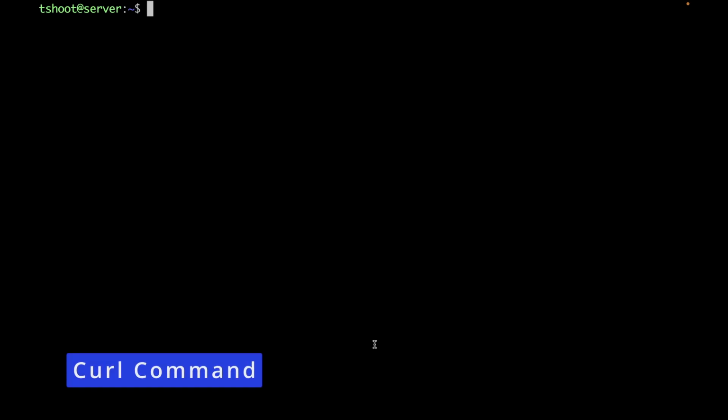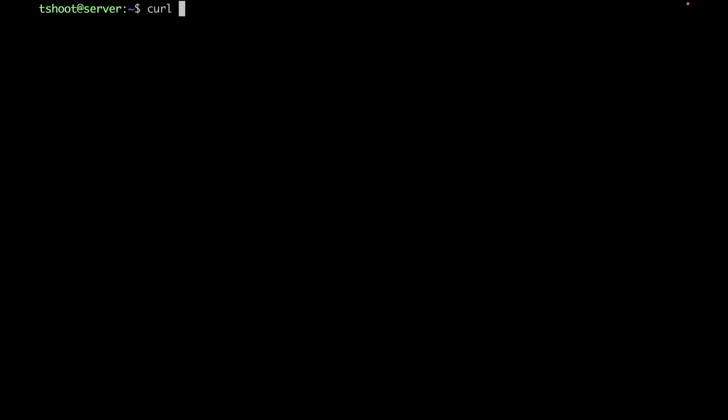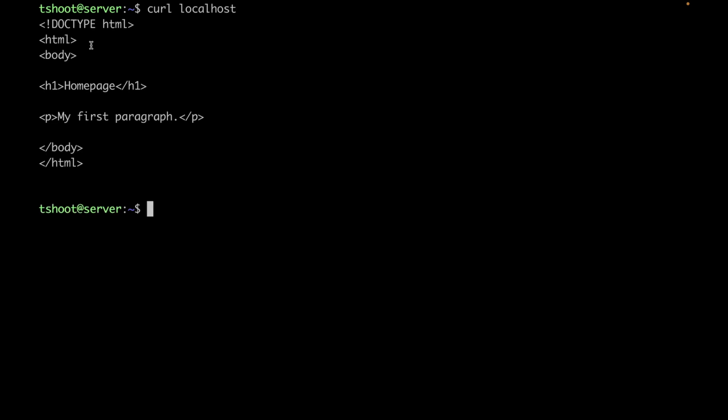So curl is a really very powerful tool when you are making requests from your terminal. Now let's say you want to make a request to the localhost endpoint. So I'll just specify curl and localhost and I have got some output. You can see it has printed the HTML code, the source code of the page that it has got as